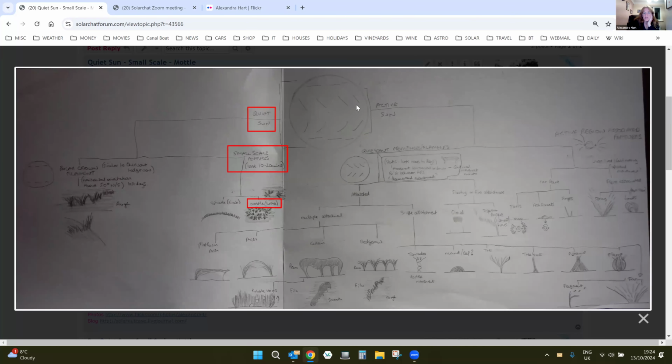Yeah. So we have the sun, and then we've got 2 branches of the tree: the active sun and the quiet sun. In the small scale features that last 10 to 20 minutes, I've got spicules, which you see on the limb, these little thingies. And then we've got mottles, which are on the surface. But in the active sun,